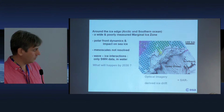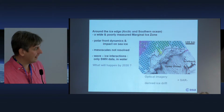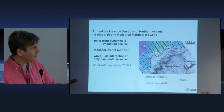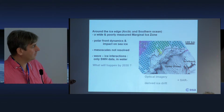Looking at the other extreme on the planet, the marginal ice zone, this is just a map to give some examples. So this is an optical picture where you can see the ice floes here, and this is the marginal ice zone with all these mushy small pieces of ice which are vectored by the currents and make these nice meanders. And what you see here are streaks due to clouds seen over open water. So you have cold air blowing from the ice to the open ocean, and it makes some convection in the water. And so what you see here is that we can actually get some drift of the ice measurements from